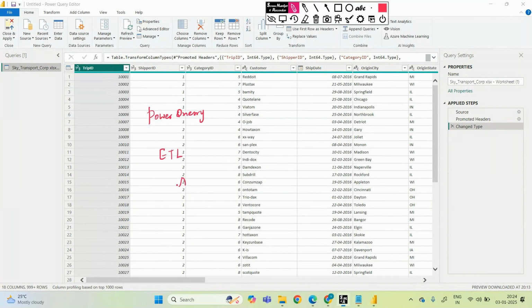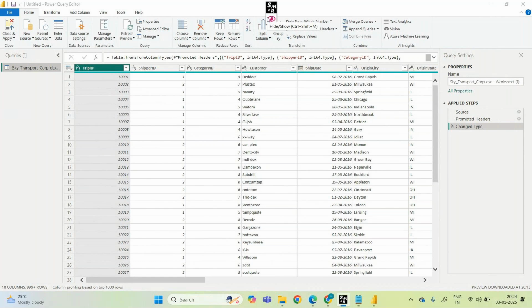All the data cleansing operations are going to happen here only. Changing of data types, which column has to be given which kind of data type, that's going to be given. And if a column has any missing value, we can replace it. We have n number of options. We can keep top rows and remove top rows.